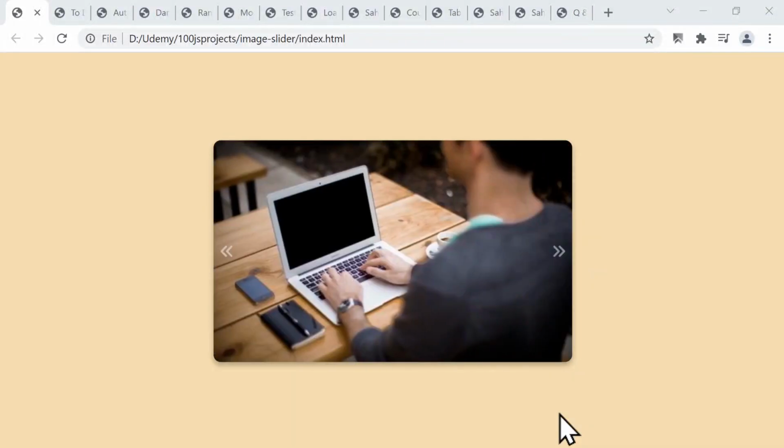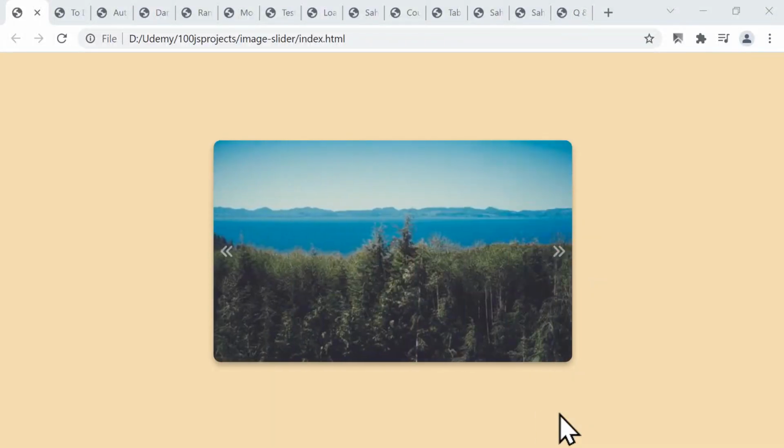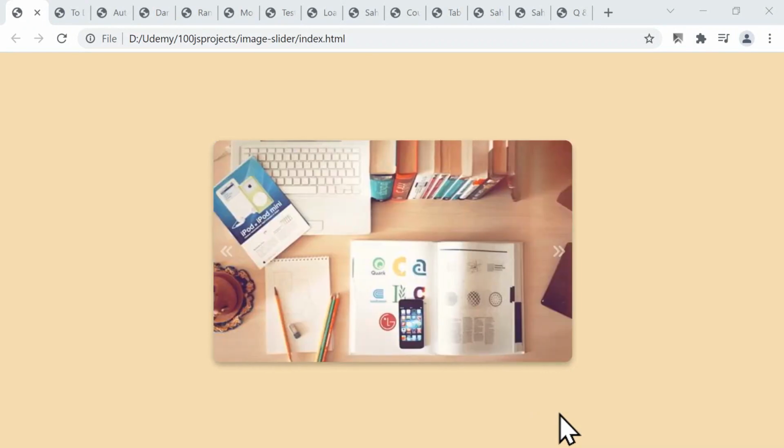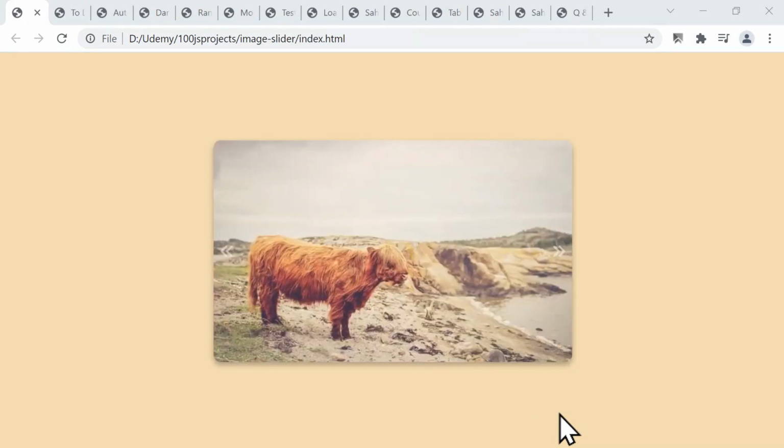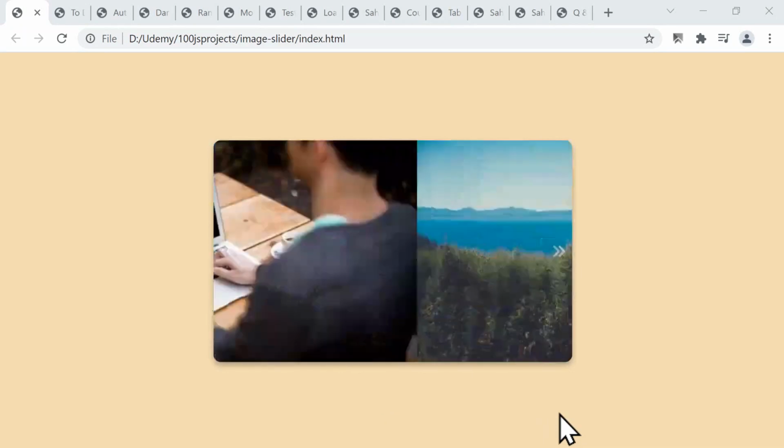Welcome back to another project. In this project, we're going to create an image slider. As you can see from the final version of the project, we have an image slider that automatically changes every, for example,